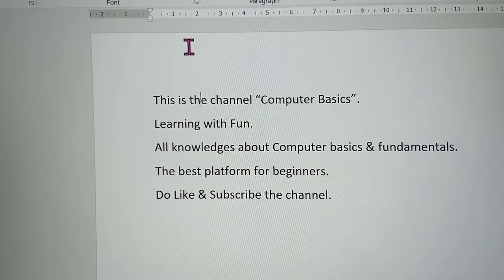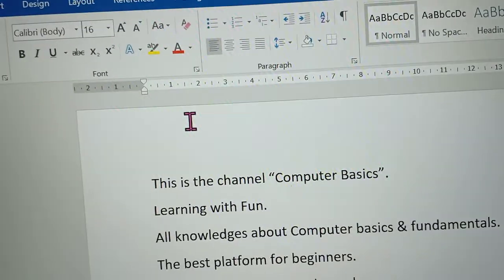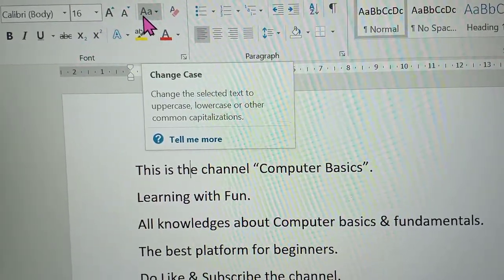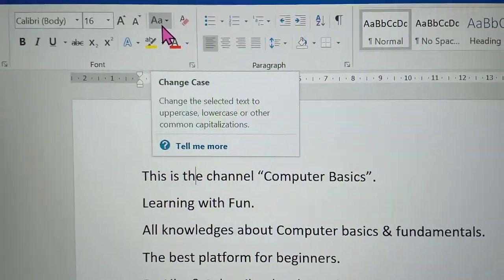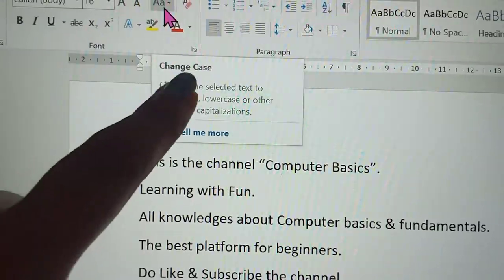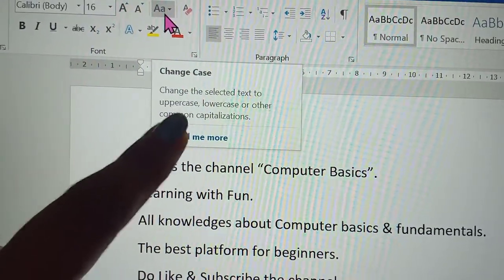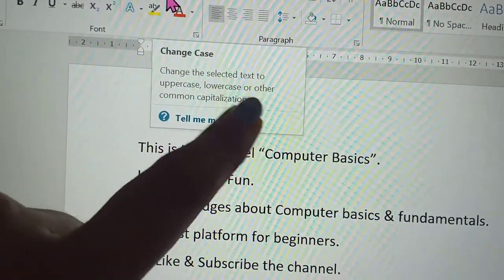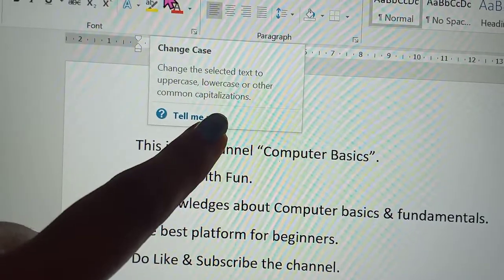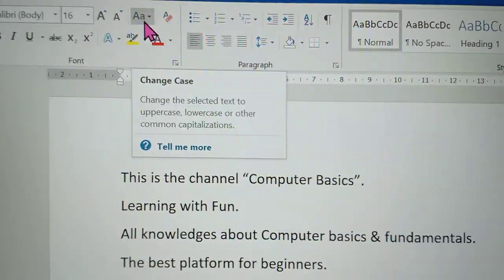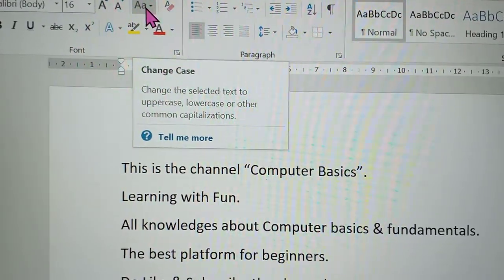So see, I will show you the options. See here, this capital A small a option is used for case change. It says: change the selected text to uppercase, lowercase or other common capitalizations. So this option is used to change the case of the text.